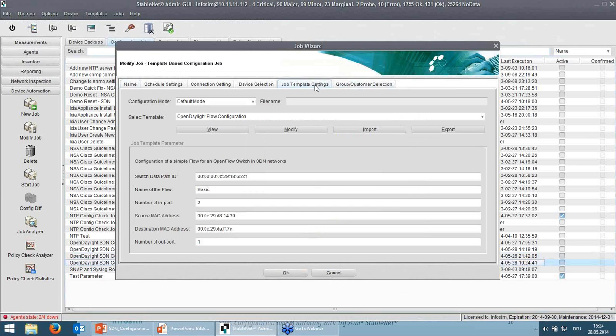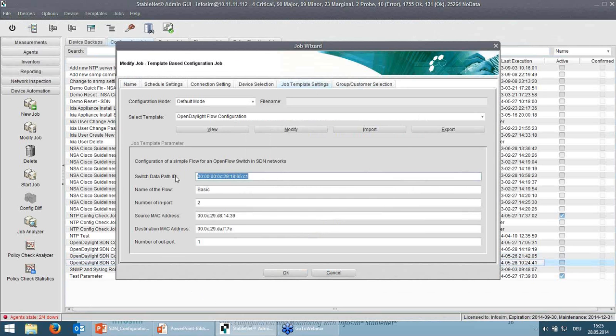This job is defined in an XML file and offers input parameters to configure the flow more precisely. With these input fields, it is easy to define the flow and add it to the database of the OpenDaylight controller.